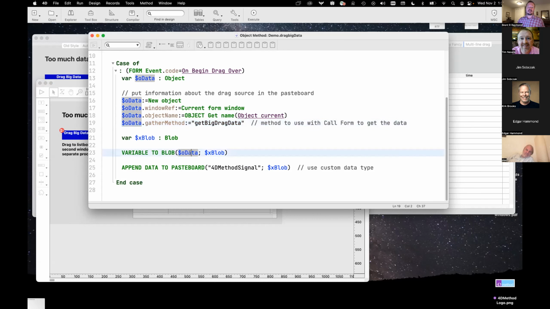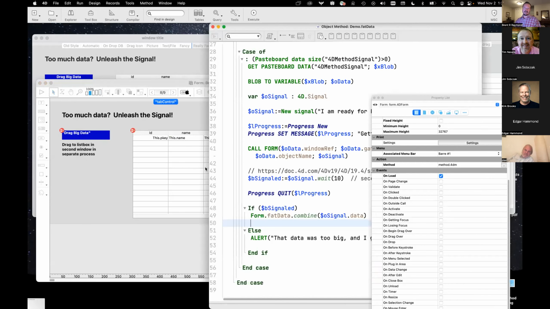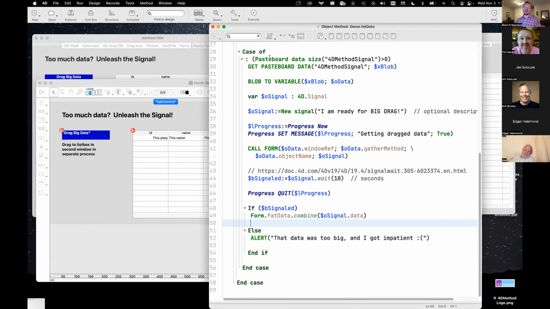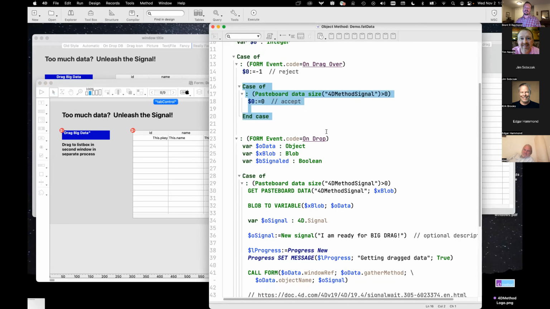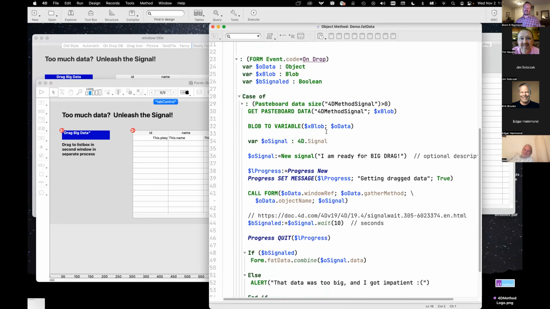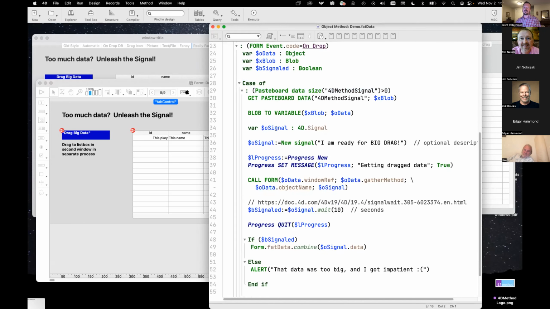Right, so there's really zero processing, so it's instantaneous for the drag source, and then you're packing up that variable into the blob, and we're assigning our own type of a 4DMethod signal as the data type for the blob. And then on the receiving end of things, you can see it's filtering out everything except for signals. So if it gets a signal object in the pasteboard,